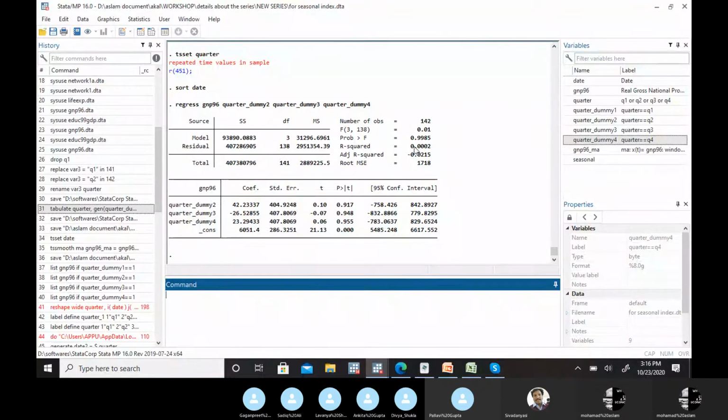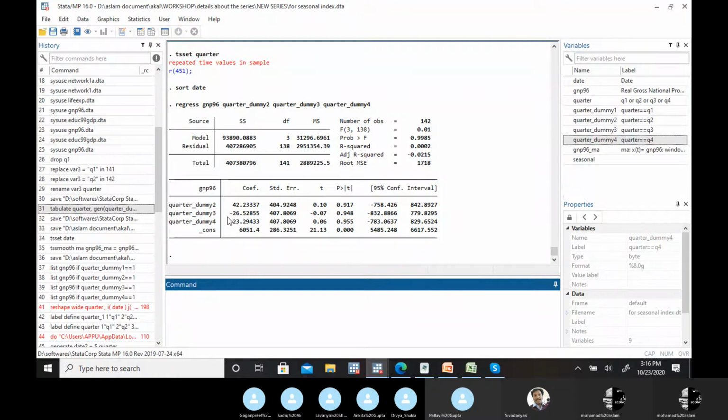You can also see from the R square that the impact of these dummies on GNP 96 is quite small. The R square is just 0.00, nearby 0 only. So there is no association as such, but this is just to give you a glimpse of the seasonal impact on the actual values based upon the regression model.